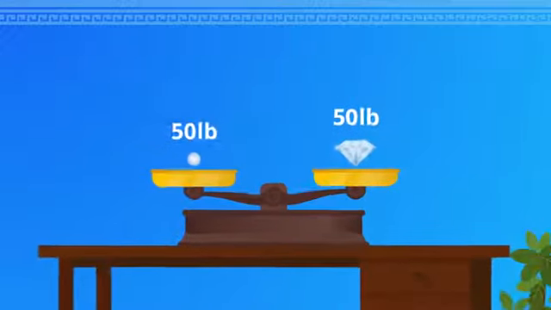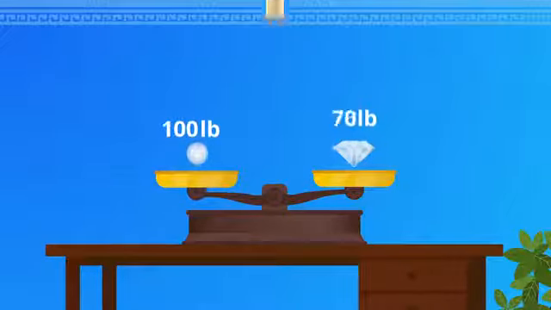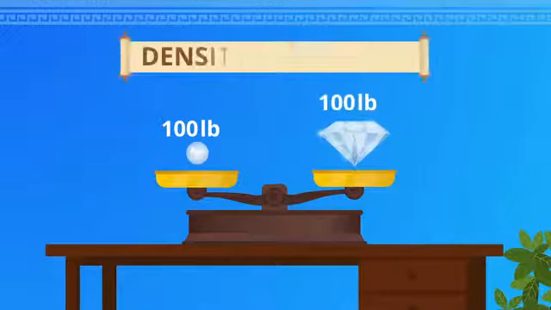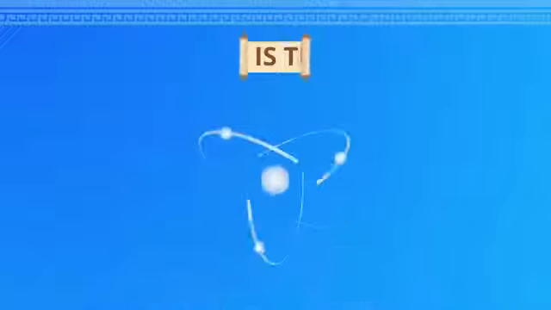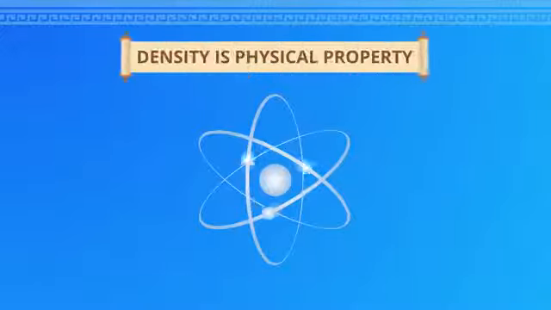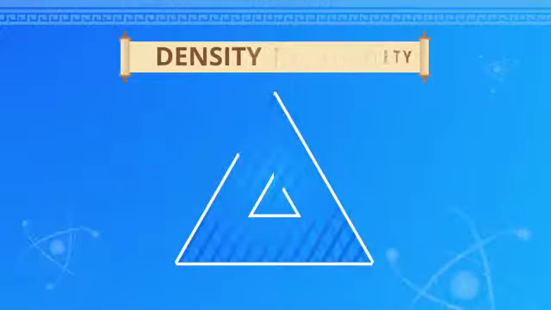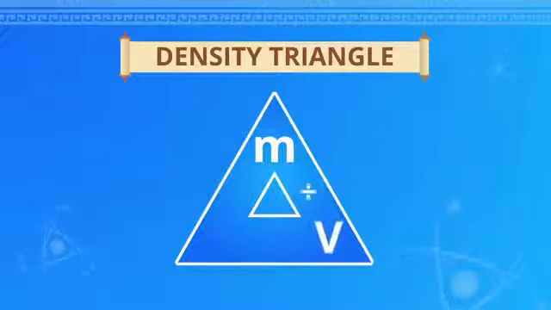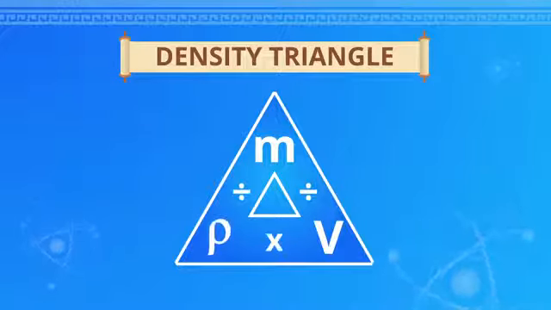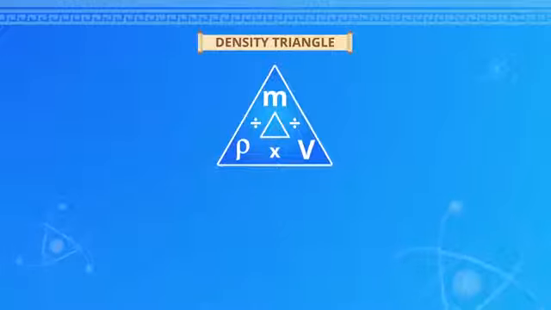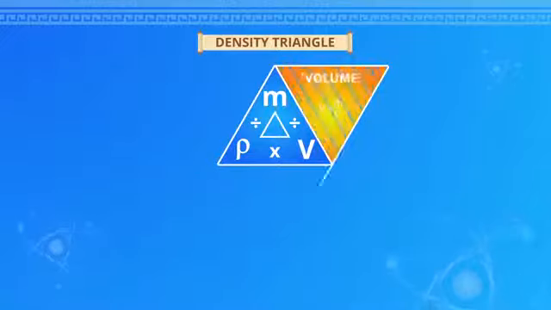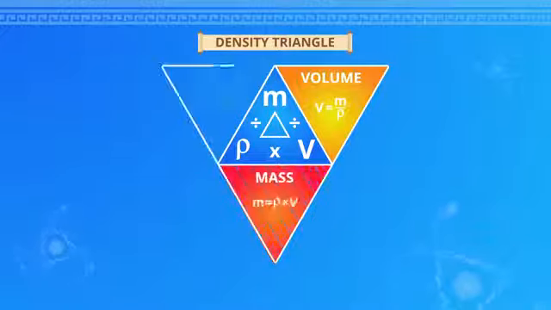Even though you can change the amount of substance to alter its mass and volume, the density of the material stays the same because it's a physical property of the substance. So, if you divide something's mass by its volume, you get its density. Because of the special relationship between density, mass, and volume, you can always use this triangle if you need to